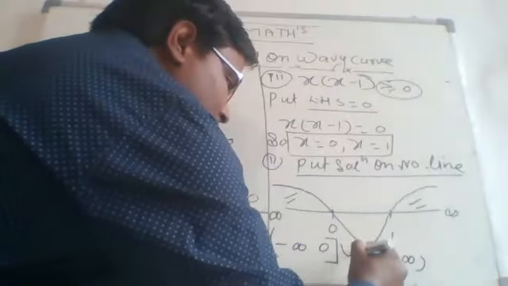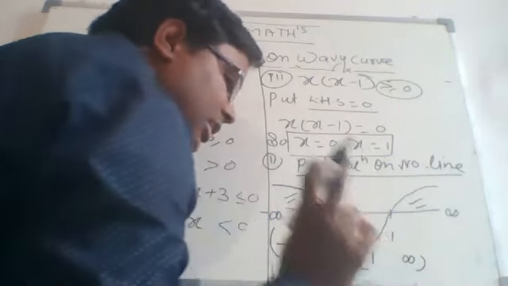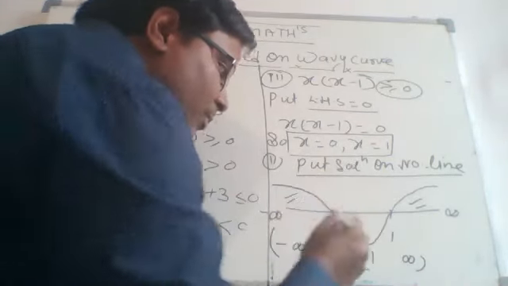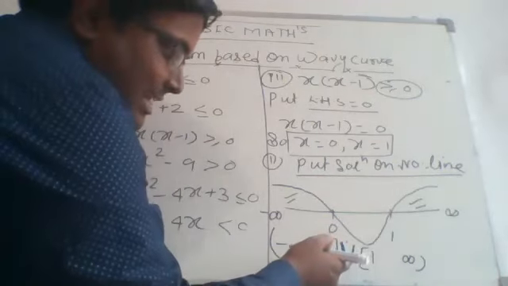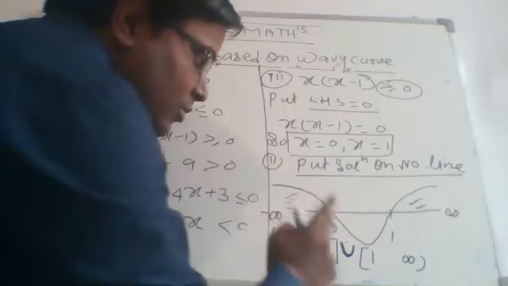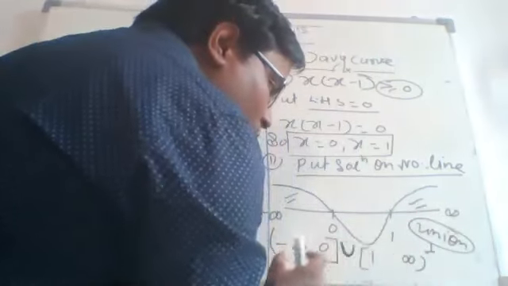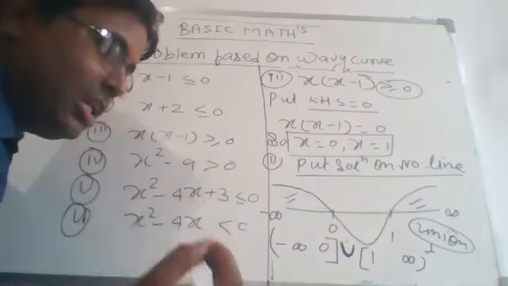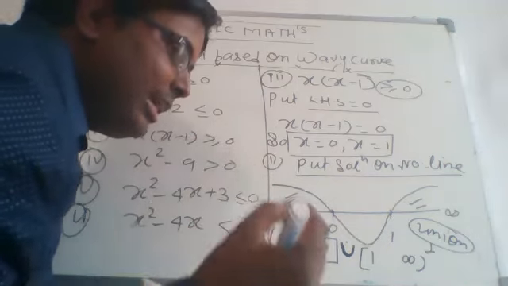So we have to write the combination of these two solutions, and for combining any two intervals, किसी भी दो इंटरवल को कंबाइन करने के लिए इस सिंबल u का यूज करते हैं. We have to use the symbol u to combine any two given intervals. So here we just use u, and this u is union, basically, and it is used to combine any two given intervals in mathematics. It means combine any given two sets.